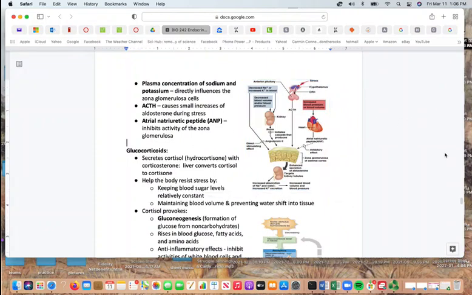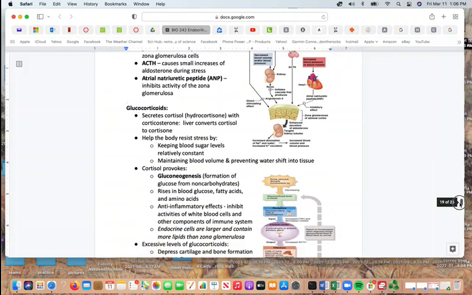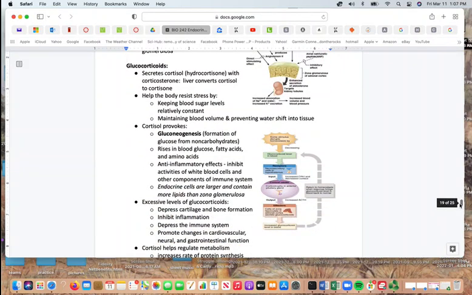So glucocorticoids. These will secrete cortisol with corticosterone. The liver converts the cortisol to cortisone. This is going to help the body resist stress responses. It's not going to eliminate the stress. When we say resist stress, it's going to mean cope with it. It's going to help to keep the blood sugars relatively constant, maintain the blood volume, and prevent water from shifting